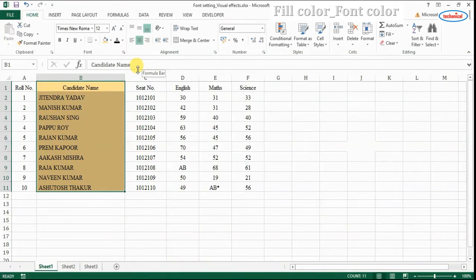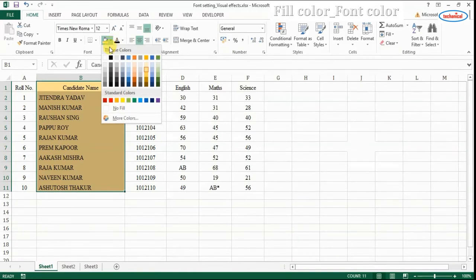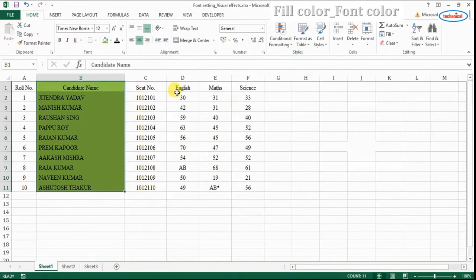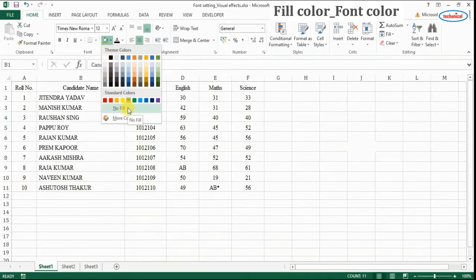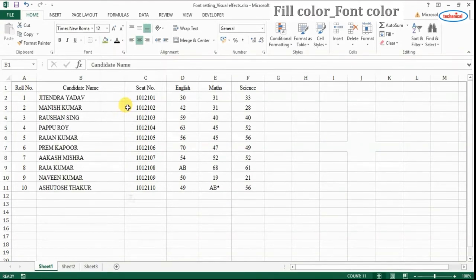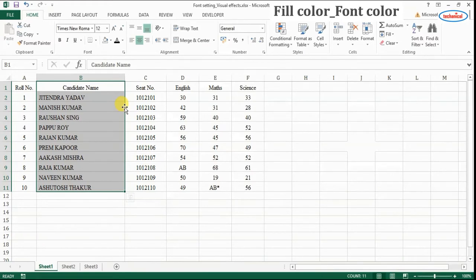Or you can use the standard color. Here some standard colors are there. If you don't want any fill color, then click here for no fill. It will remove the fill color.